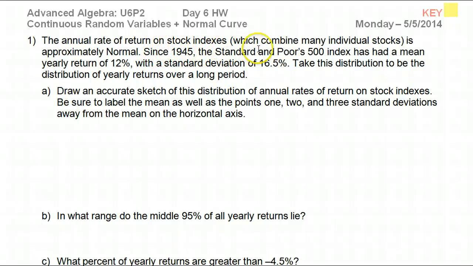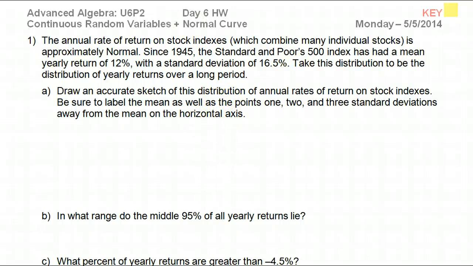Since 1945, the S&P 500 index has a mean yearly return of 12%, with a standard deviation of 16.5%. Take this distribution to be the distribution of yearly returns over a long period. So draw an accurate sketch of this distribution of annual rates on stock indexes. Be sure to label the mean,